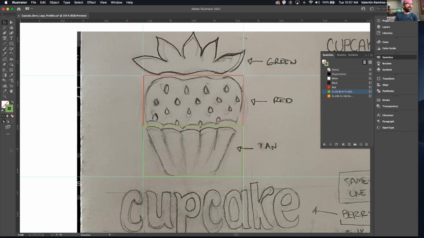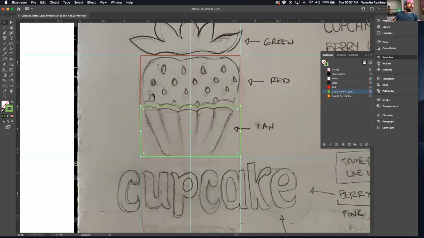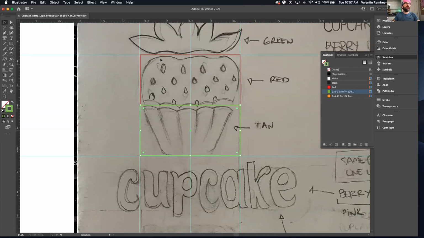So now I'm gonna start adding a few more guides. Something that's really important right now for me is I need to know where the center of all this is. So I'm gonna put another guide right here. And then I'm gonna have to make two more boxes. I continue to use the same boxes because they're all centered, even though you can align and center them, and I'll show you how to do that. This guy is more like a guide because I want to see how far I need to go with this guy. And if you select this object and this object,